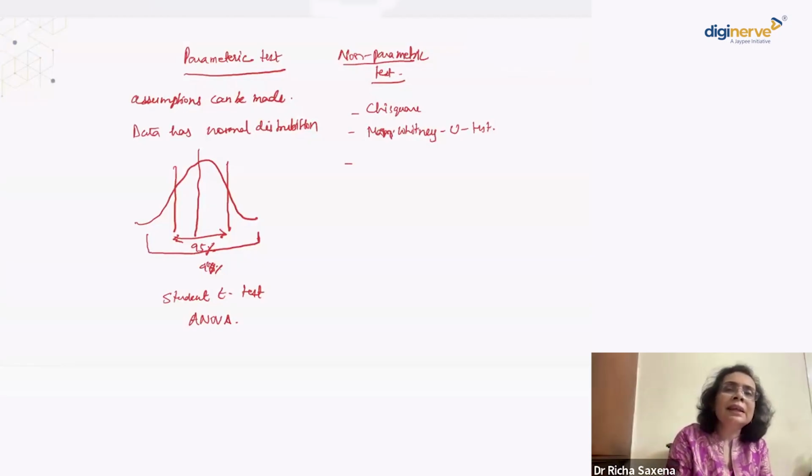The student t-test can also be of two types, the paired and the unpaired. If it is between the same group, it is paired. And if it is two different groups, it becomes unpaired. Most of the questions will be asked based on this. I've tried to explain it in a very simplified manner, because if you apply this to the majority of questions, you should be able to solve them.